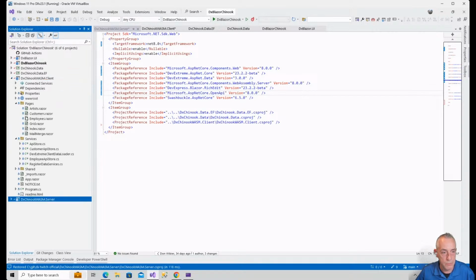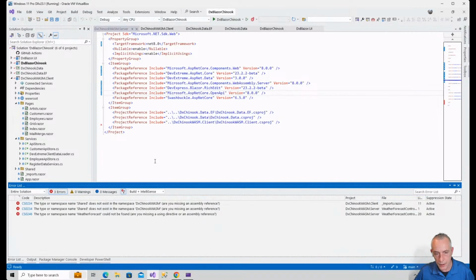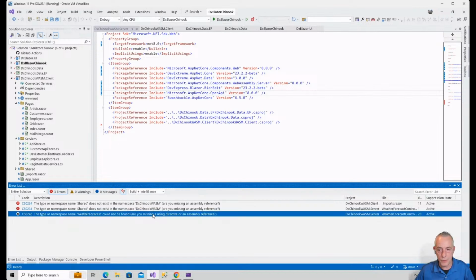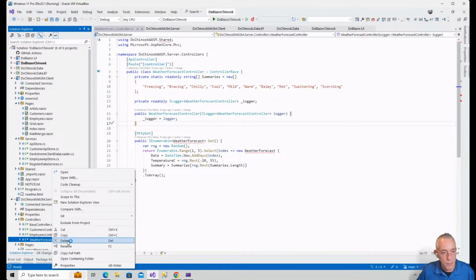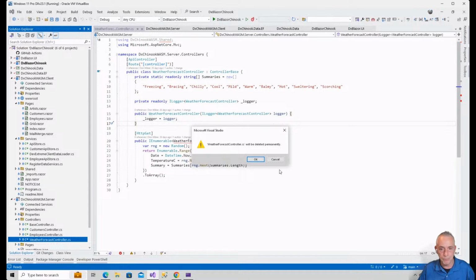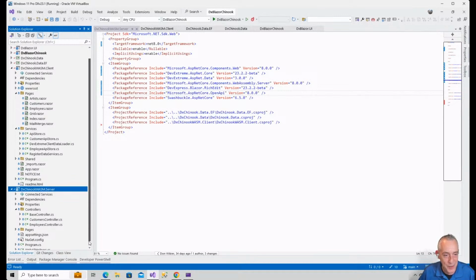And this one, let's build, because there is something that will not work, but I forgot what it was. Oh yeah, that was the weather forecast. And that weather forecast is depending on something in the solution that I just removed, so other project. So let me just completely remove this one, because we're not really interested in the weather forecast, at least I'm not. Not sure about you, but